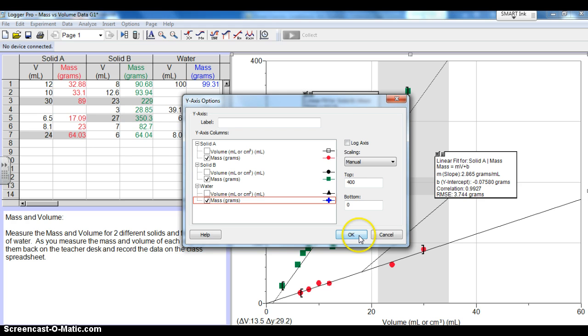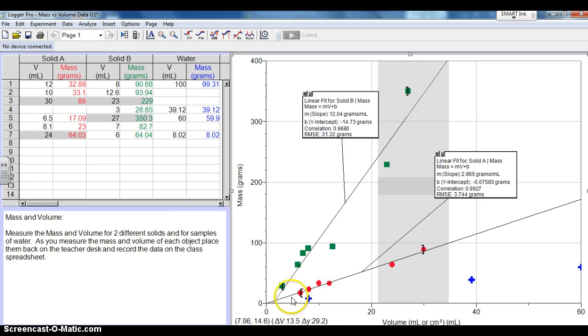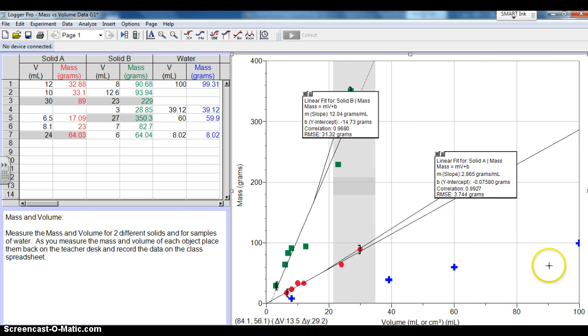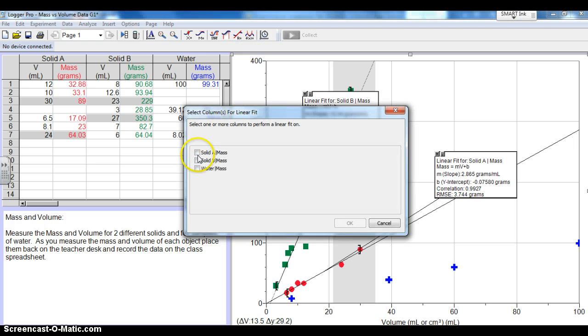If we wanted to quickly look at water, water doesn't seem very dense. It doesn't seem like it has many pieces in every milliliter. If you look at this yellow line right here, or this blue line right here, you can notice that. It's not very dense at all. It's not very steep at all. Its volume is about the same as its mass, and if we're going to find its slope,